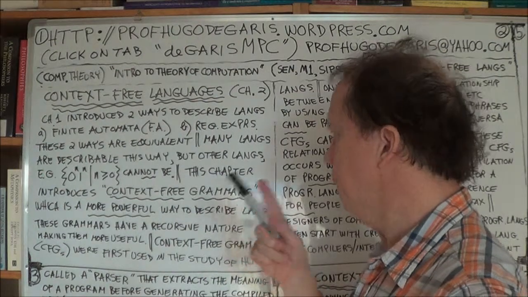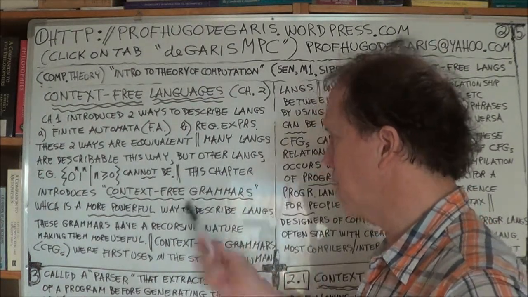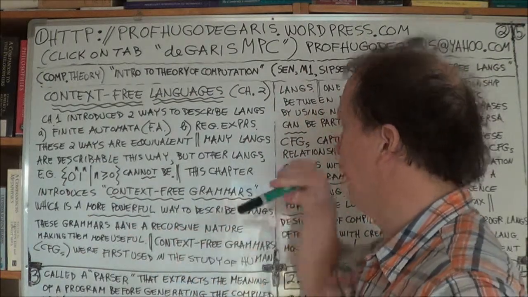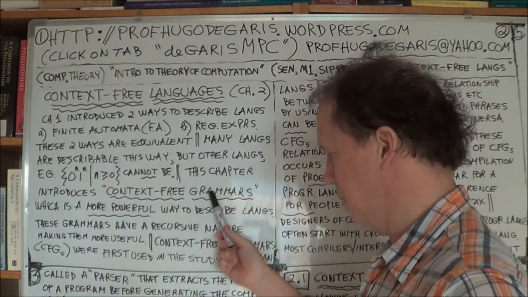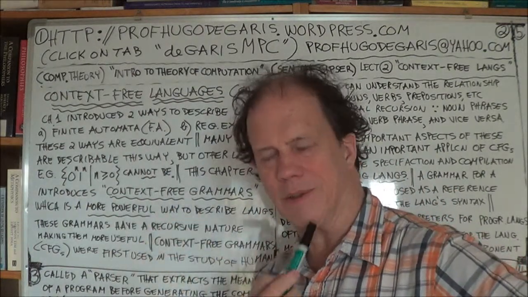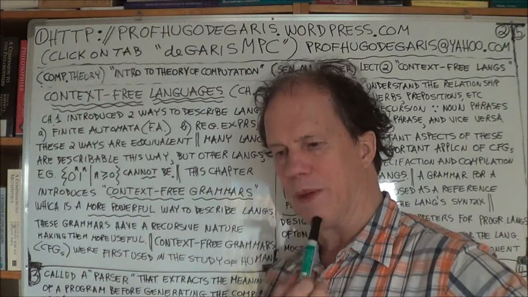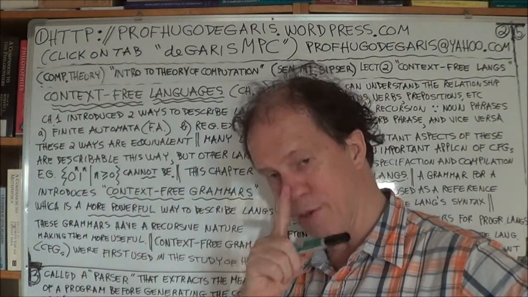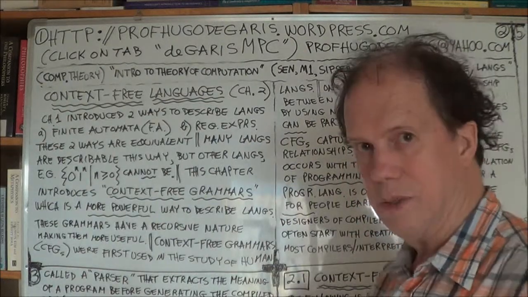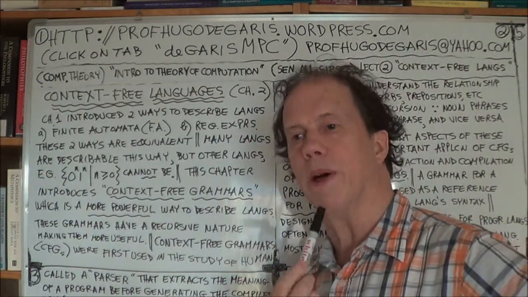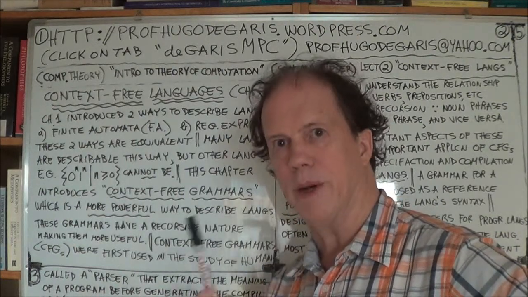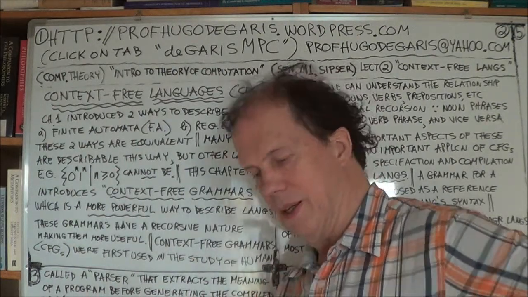Now, this chapter, one of the main ideas it introduces is something called context-free grammar. This is all very introductory, right? Just getting an overview of what the chapter's about before we even start on the first section, which would be 2.1. The 2 refers to Chapter 2, and point 1 refers to the first section.